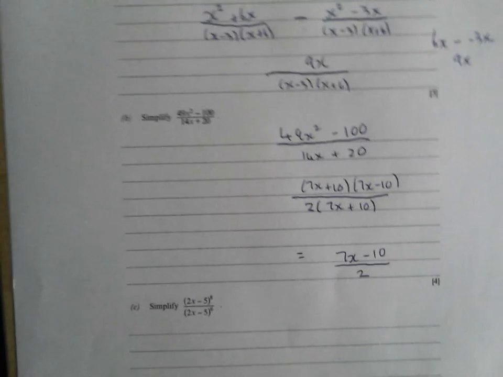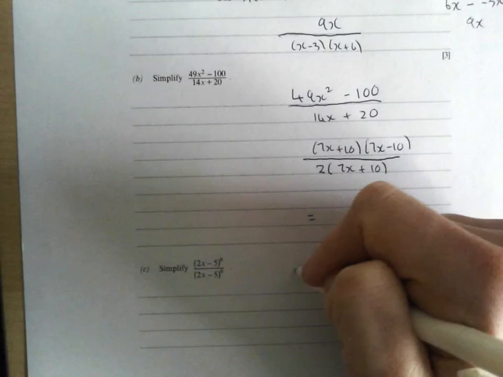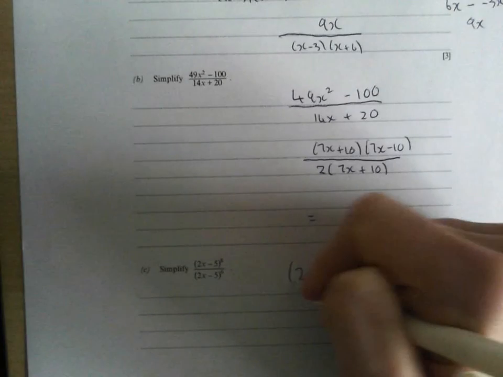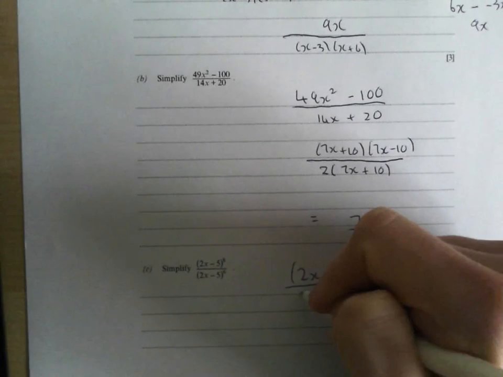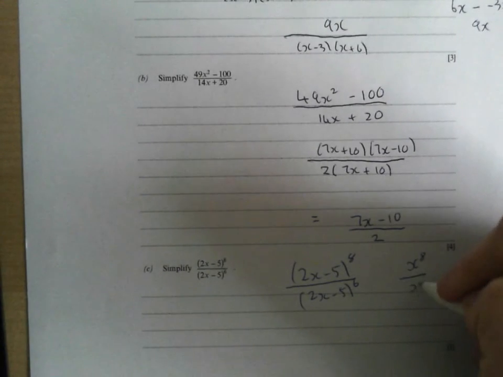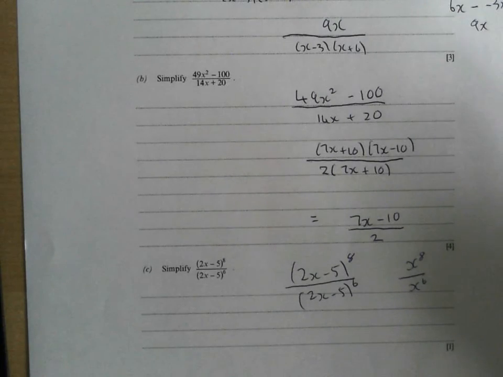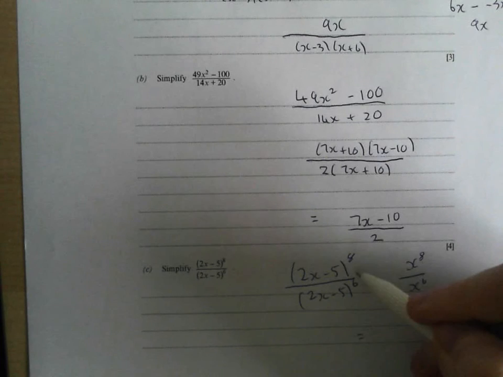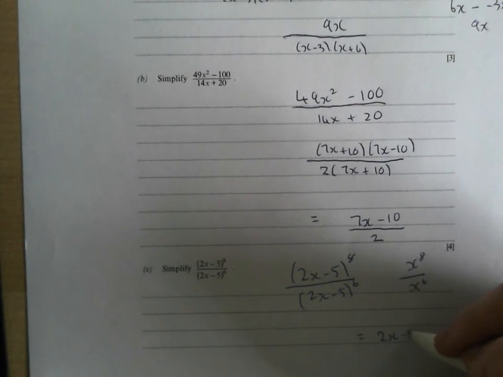Done. And then finally, a little one marker to finish. We've got 2x minus 5 to the power of 8 divided by 2x minus 5 to the power of 6. Now, say you had x to the power of 8 divided by x to the power of 6. It's just your laws of indices, and we've done those in an earlier video. You subtract your powers. Let's do exactly the same thing here. To the power of 8, power of 6, it's just going to leave me with 2x minus 5